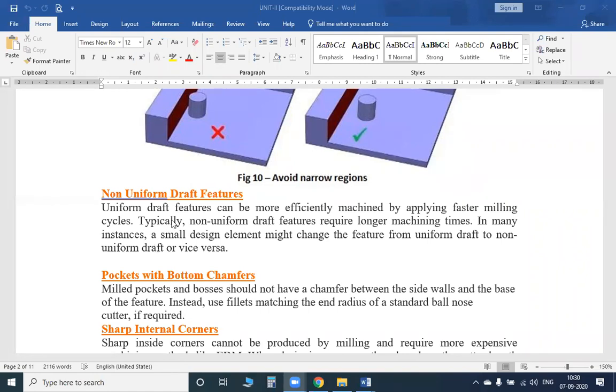Uniform draft features can be machined more efficiently by applying faster milling cycles. Typically, non-uniform draft features require long machining times. In many instances, a small design element might change the feature from uniform draft to non-uniform draft. Clear? So try to avoid non-uniform features and maintain a uniform part, which can easily be handled in further processes. Okay? The next one